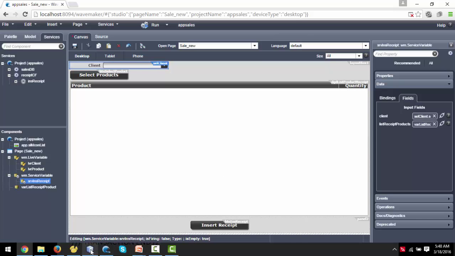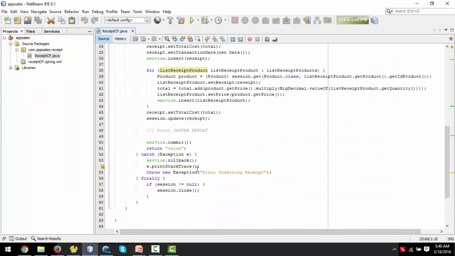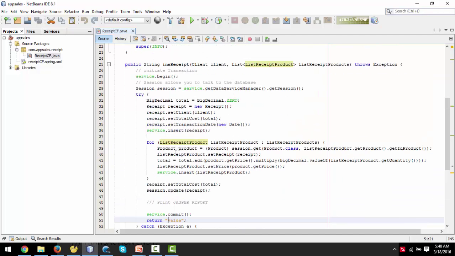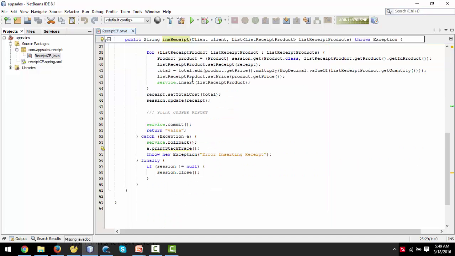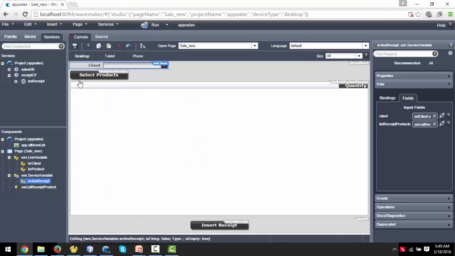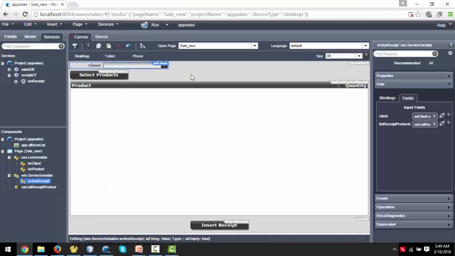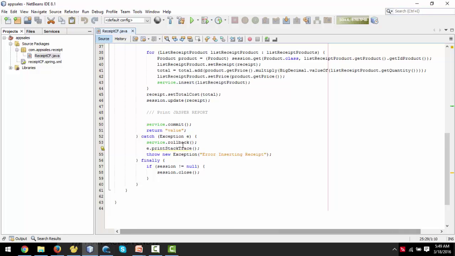And oh, I forgot to put the return value. So here's another tip. I'm not changing the method signature, so I'm not changing the way the service wiring is going to look, because all it cares about is what return type, what's the name, and what parameters it has. If I change any code in here, I don't have to do this cumbersome thing of clicking here and re-importing and saving it. All I'm going to do right now is just change the return, and it's just going to say